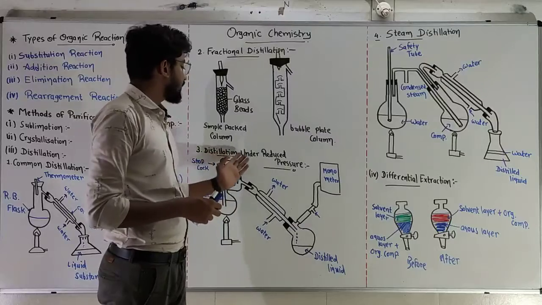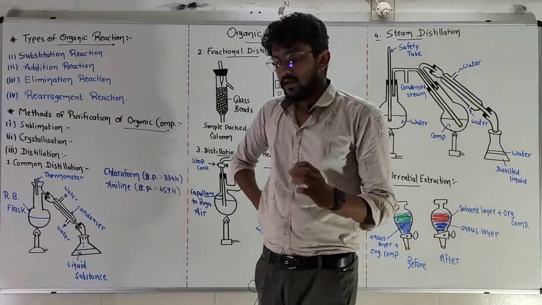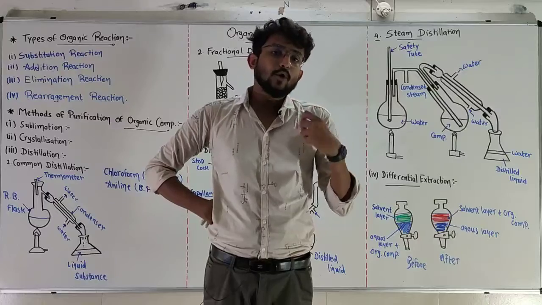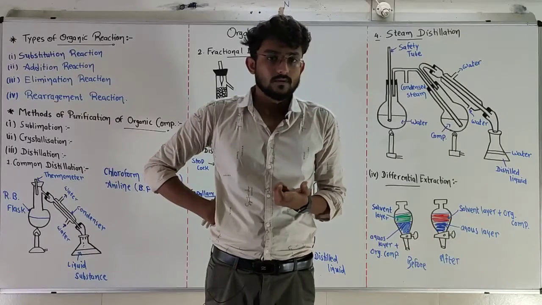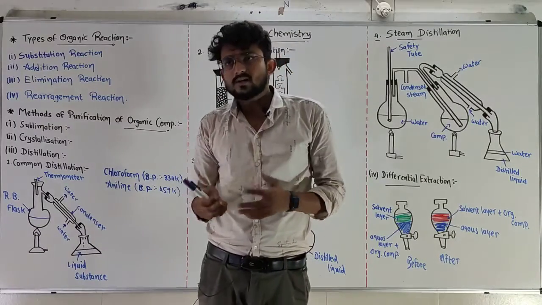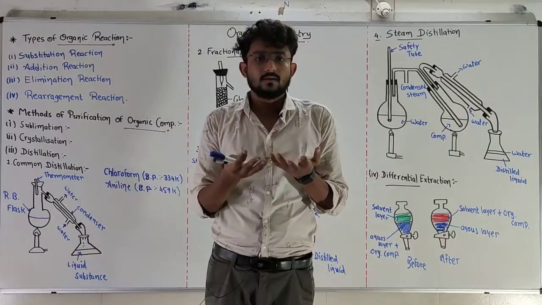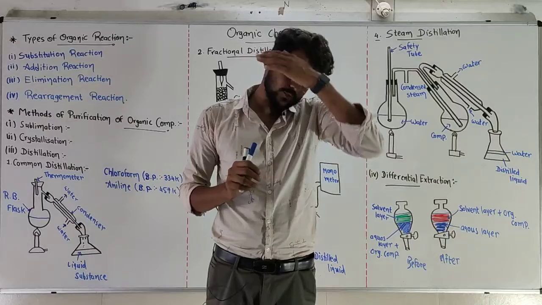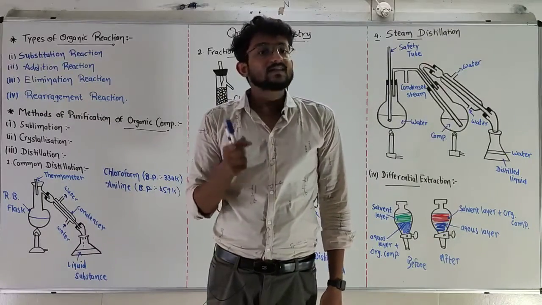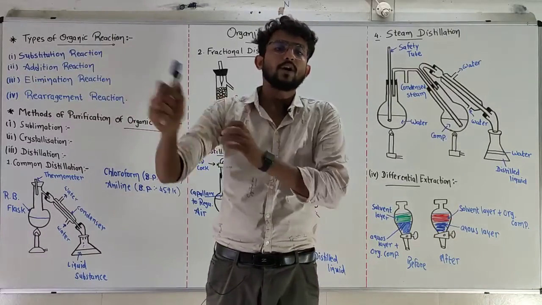Now let's talk about distillation under reduced pressure. Okay, let's take a look at the definition of boiling point. What is boiling point? First of all, we have to know what boiling point is. So in common words, we know that when any liquid substance starts to boil, that temperature will be known as the boiling point. We know that, but that is half truth, in the sense it is a miscalculated definition of boiling point. What is the original definition of boiling point?